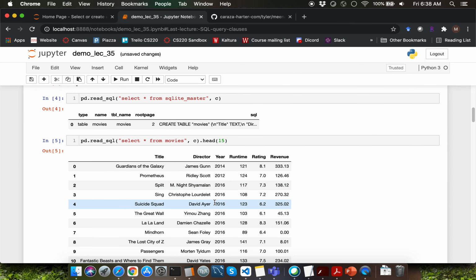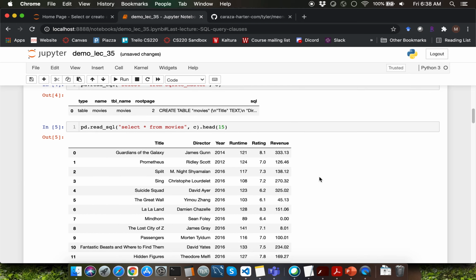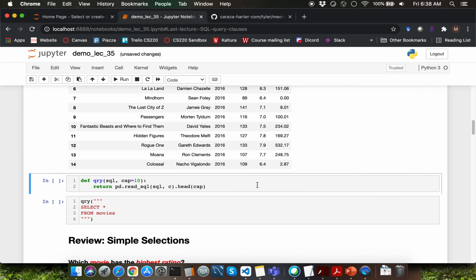Observe that we have various columns such as title, director, year, runtime, rating, and revenue. All of you have worked with a movies dataset as part of the CS220 project. That movies dataset is different from this particular database file. A couple of differences would be that you don't have an actor column here, and also the director column only mentions one specific director.